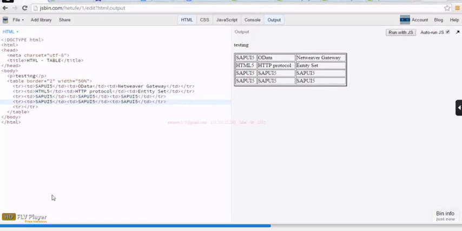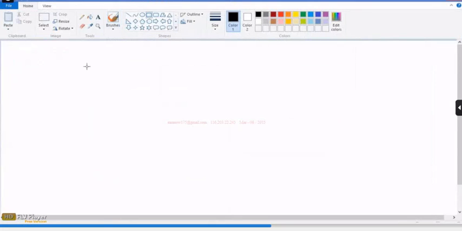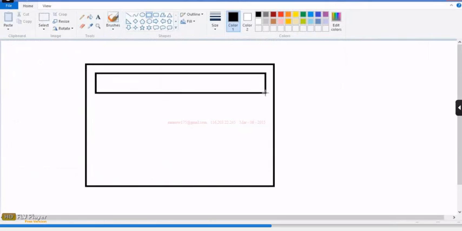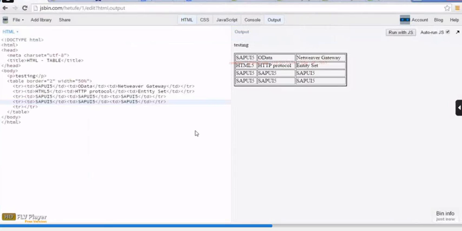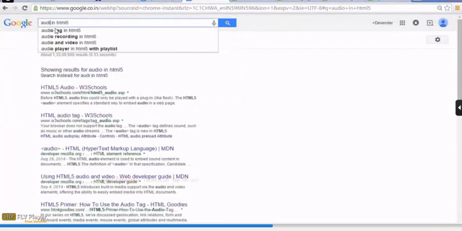So let me take up MS Paint so that I can show you easily. Table gives the complete table, TR will give us a row, and TD will give us a division, 1, 2, or 3. And vice versa. If we want to know much more about this, the better place is to go to tables in HTML5. There are so many